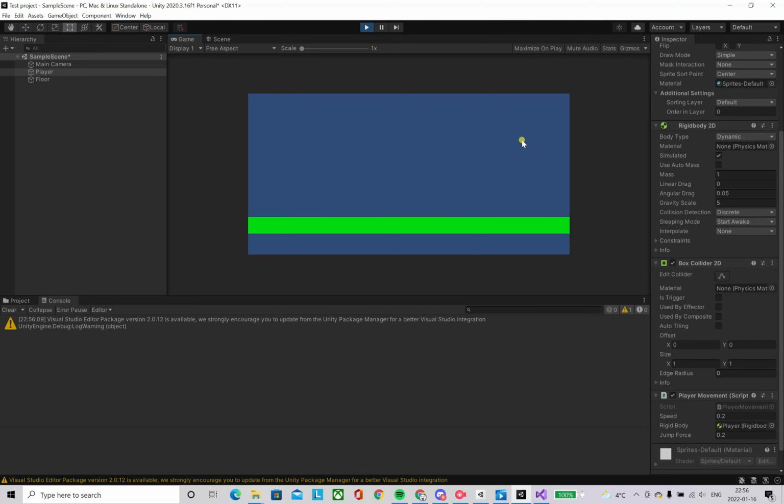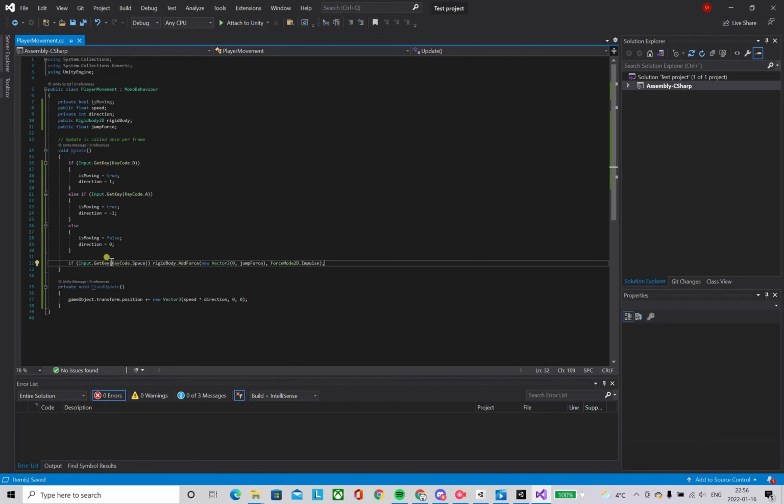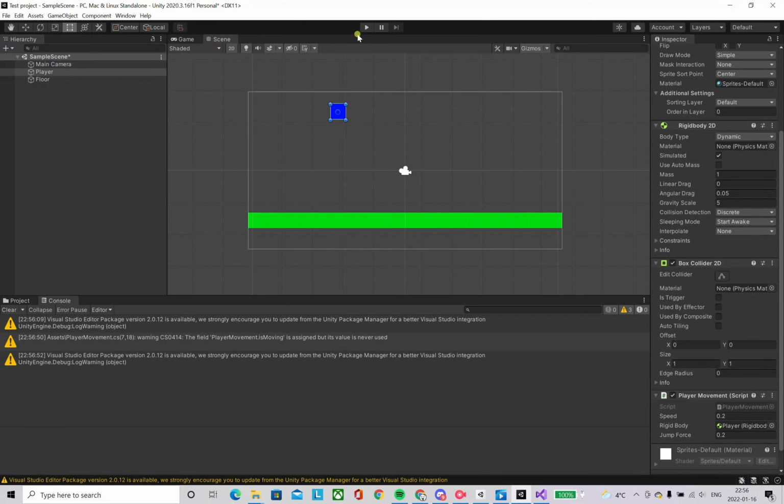But as you can see, there's a problem, which is that if I were to hold down space, the player object would shoot up. So a simple fix is that instead of using getKey, which will always return true if the button is held down, we can use a function we talked about before, which is getKeyDown, which will only return true once, and then it will not return true until the button is released and repressed again. So by simply changing that to getKeyDown,